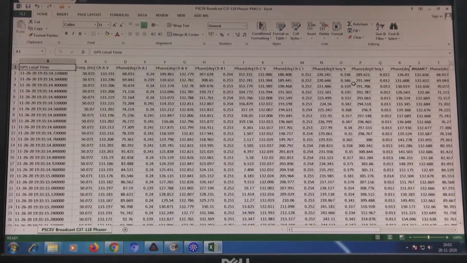So, we have positive sequence magnitude and angle, and all details being available for this particular PMU 1 and PMU 2. So, we can download the corresponding Excel file and use this for data analytics purposes. Now, if you see here, the corresponding timestamp with the phasor data is available from here. This is the time information for that particular phasor, and this is about the corresponding frequency, phase angle, magnitude, voltage and current both.